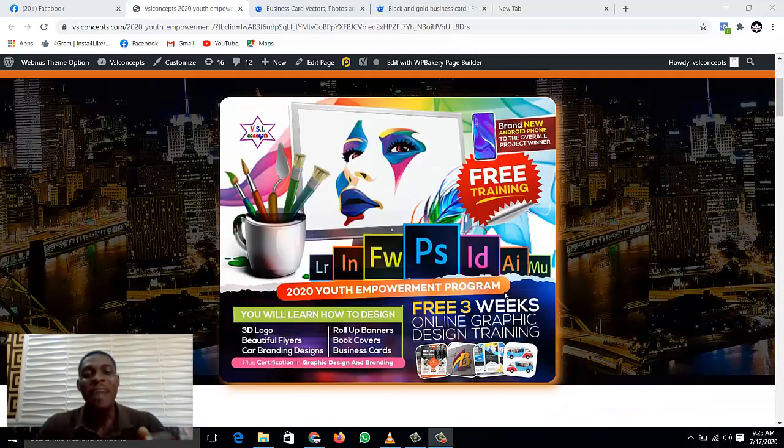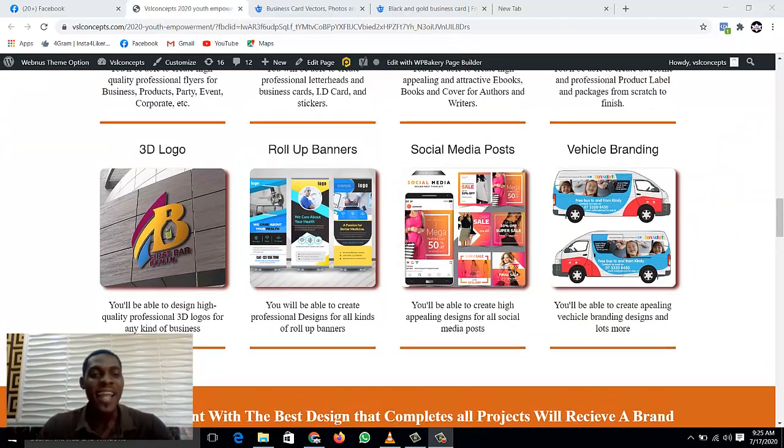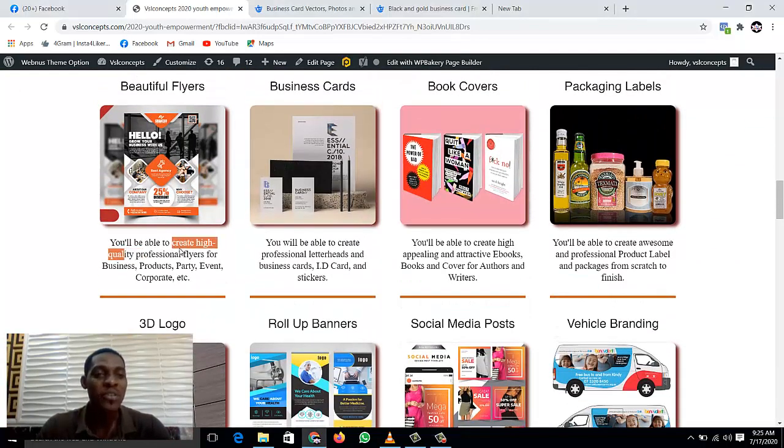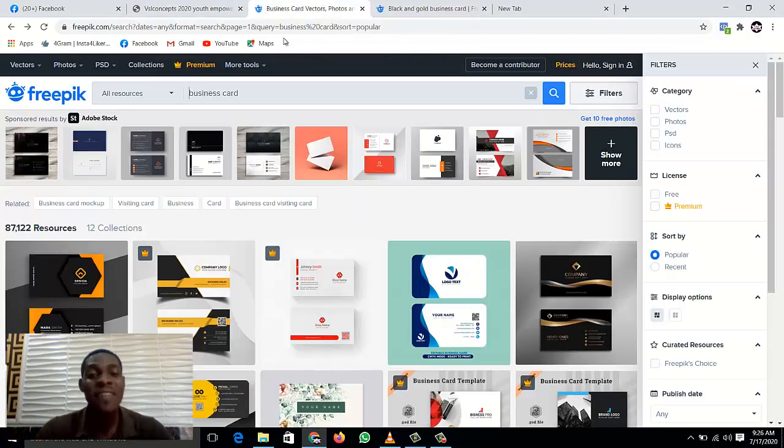So far, we have been able to work on how to design beautiful flyers and also how to design logos using mobile. The next part of our training will be exactly how to design a business card with your what? Adobe Illustrator. So remember the steps we talked about. The first thing you definitely need to do is to go over to Freepik, and on there on Freepik you just search for business cards,